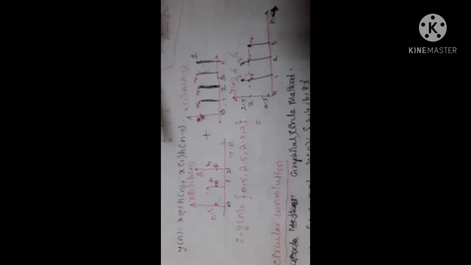So we can use this graphical method for linear convolution. In circular convolution, we will use a graphical method, that is called the circle method. So first input is x of n equal to 1 3 5 7. In circular convolution, the length of output sequence y of n equal to the length of input sequences. So first step, we have to draw the circle x of n and mark the points. Then h of n and mark the points.